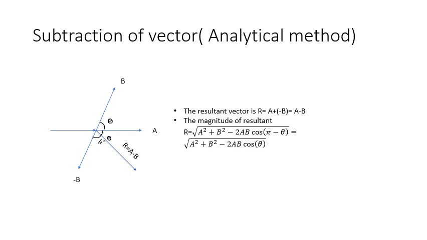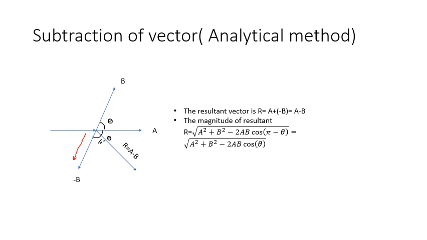We will first invert the vector B. Invert in the sense negative vector of B, that is minus B, and then add with vector A. Very simple. So this is the process of subtracting two vectors, right? So imagine that we have two vectors A and B with an angle theta. First we are going to invert this vector, negative vector of B. So this is your negative vector, minus B, the opposite of plus B.